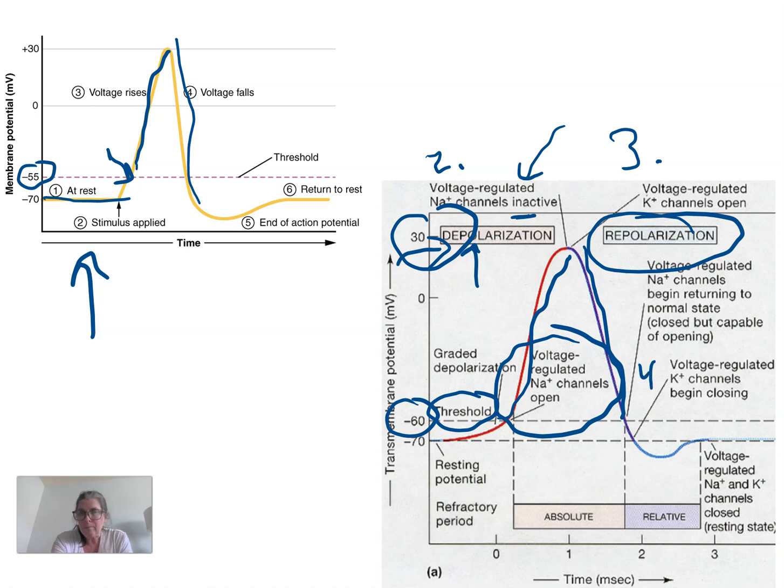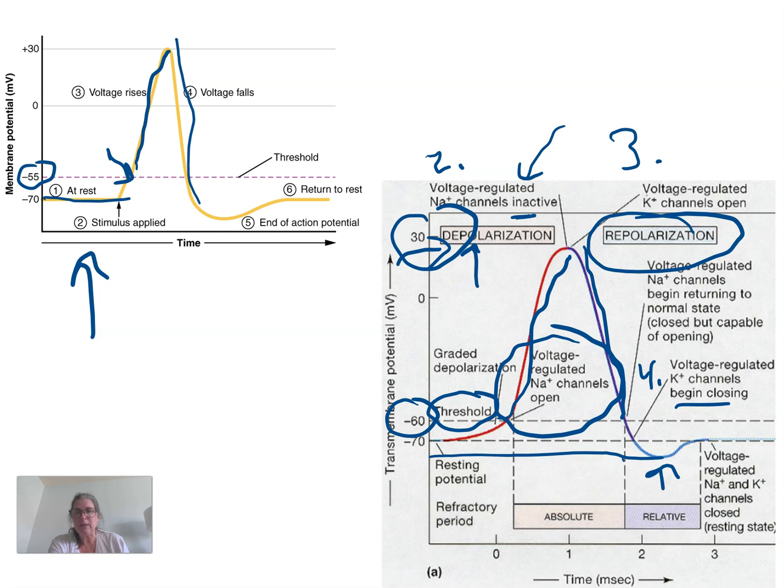Step 4 is that the voltage-gated potassium channels start to close. Now, you don't have to know the volts that they do this, but I want you to know that when they start to close, they're very, very slow. And because they're slow and potassium is all running and trying to get out of that cell, they start to slowly close and extra potassium scoots out. And that's why you'll notice there's a very brief hyperpolarization. See how it goes even more negative? Every time a neuron goes through this action potential, there's a brief hyperpolarization.